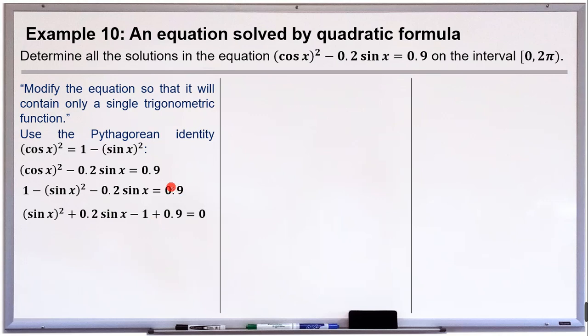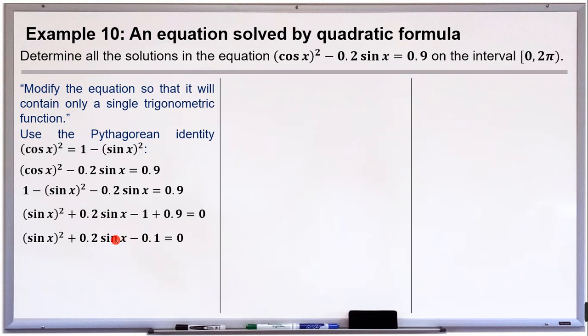And then if we're going to transpose 0.9, so after we multiply with negative on both sides, this will become negative 0.9. But when transposed on the left side, it will become positive 0.9. So simplifying further, we have sine x squared plus 0.2 sine x minus 0.1 is equal to 0. So in this form, we are now ready to use or to model this one as a quadratic equation because